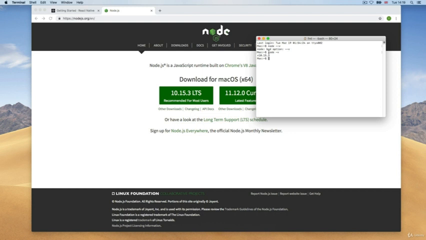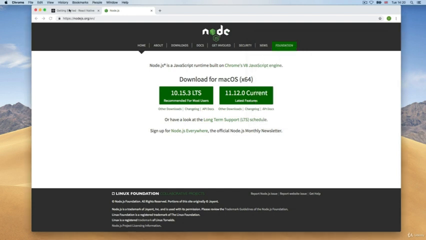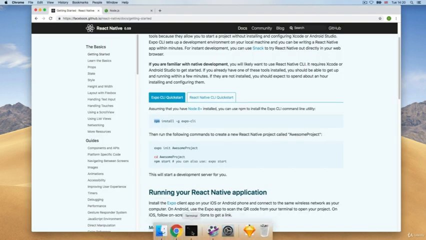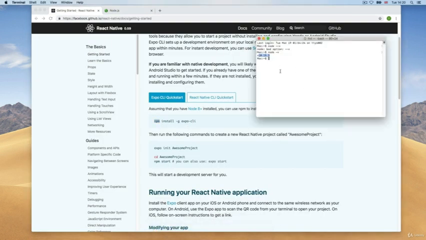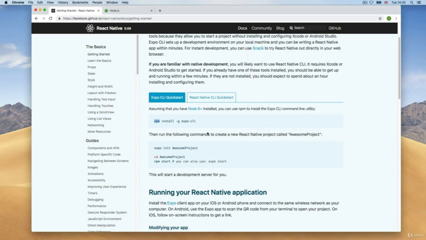So if you're doing node -v and you're getting this, it means that everything's okay. You can actually do this. Now, if you're not getting this, you most likely need to restart the computer and then try again. All right, so once you get this, Node is installed on your computer, and you will need to install the